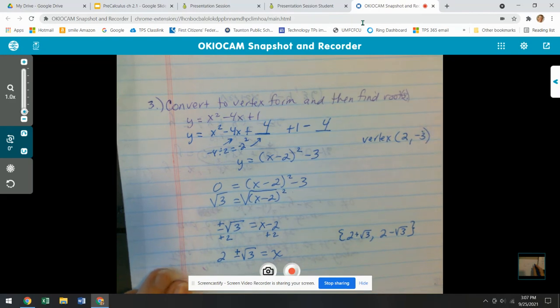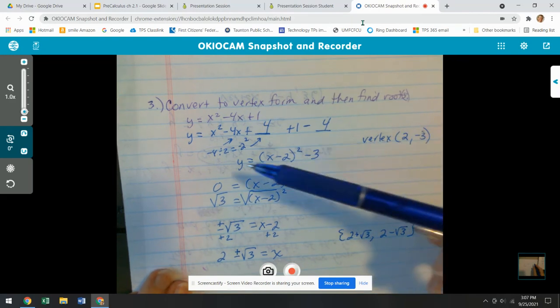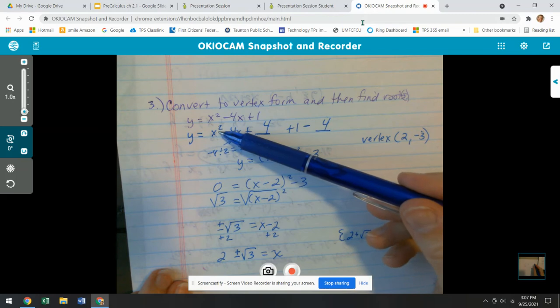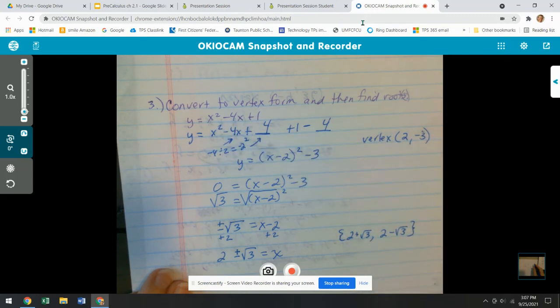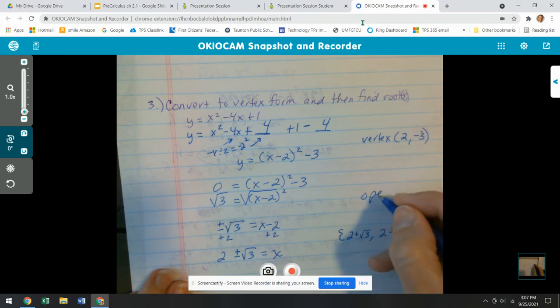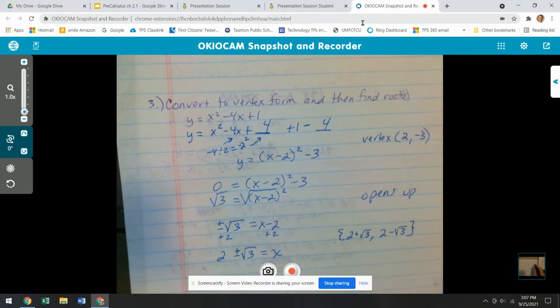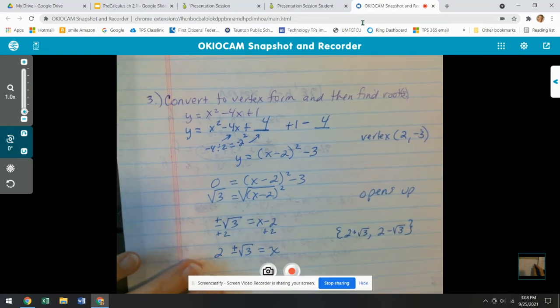And again, if I asked you, how would you know if this parabola opened up or down? Go back to the original problem. Our a value is not really written there. It's understood to be 1. 1 is greater than 0, so this opens up. So you can see how vertex form puts at our fingertips the 3 main components: vertex, orientation, and the roots. And if they asked us for the axis of symmetry,